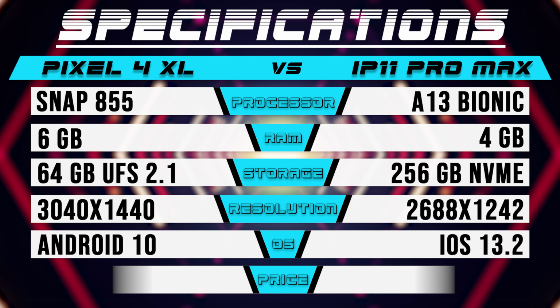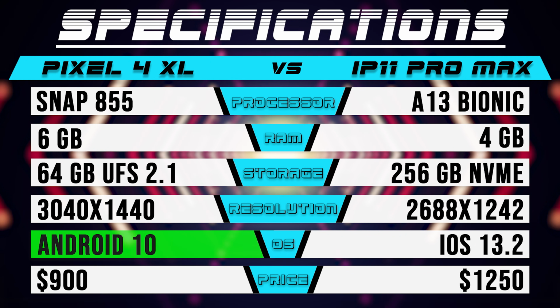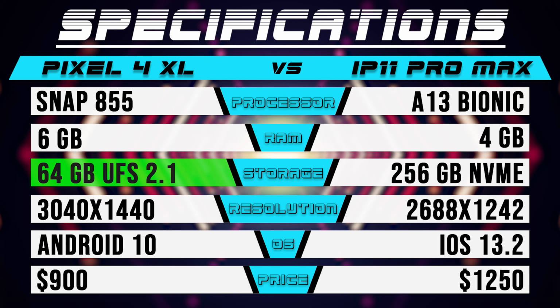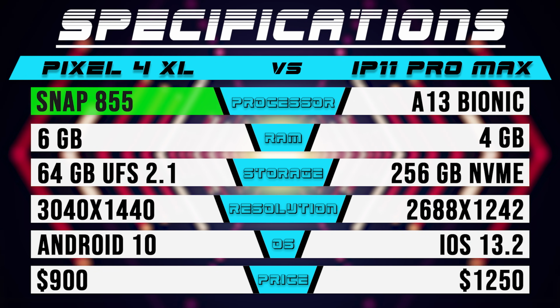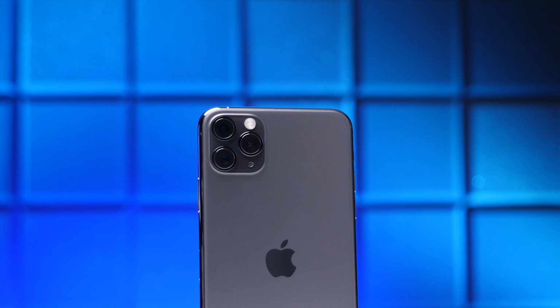The Pixel 4 now has 6GB of RAM instead of just 4, and it's also the first phone we're officially testing with Android 10. Now, that said, unfortunately, Google decided to stick with the slower UFS 2.1 storage instead of 3.0, and they also stuck with the regular Snapdragon 855 instead of the 855 Plus, which,